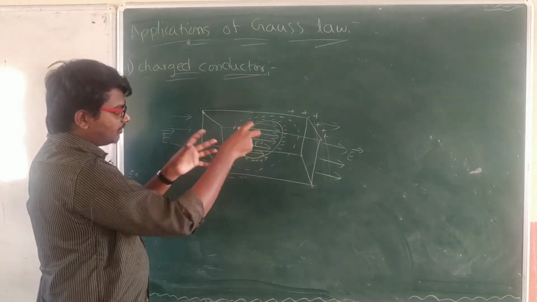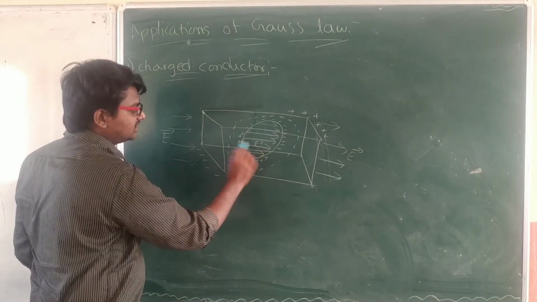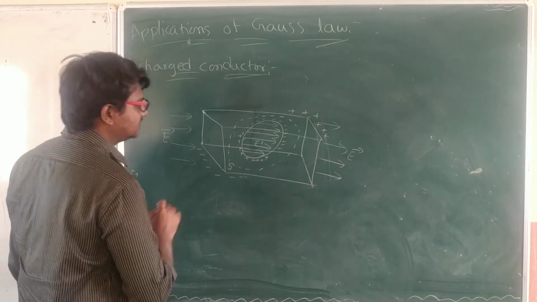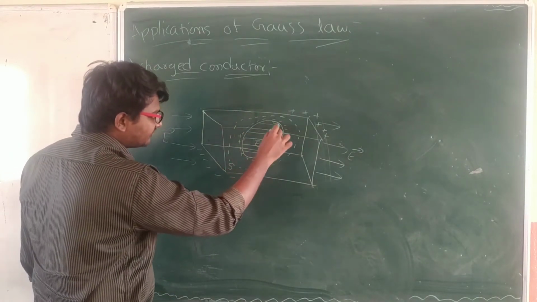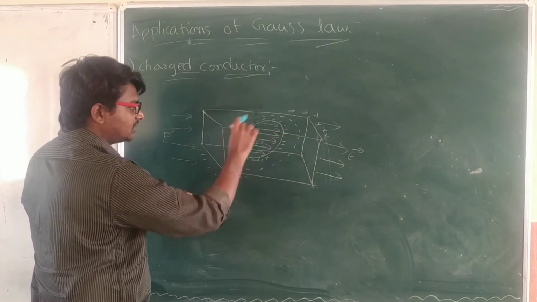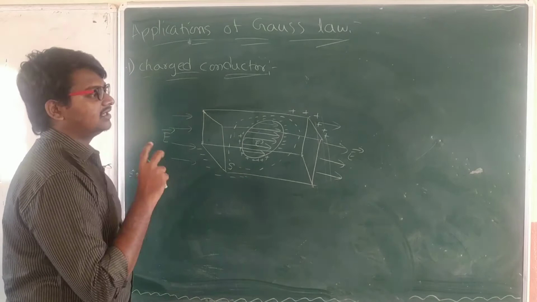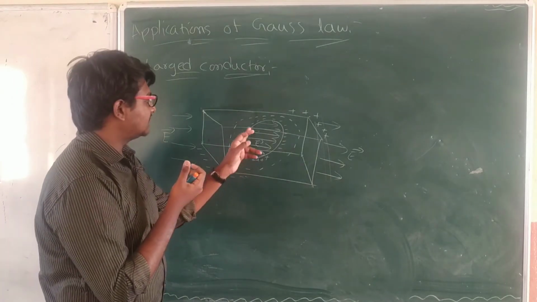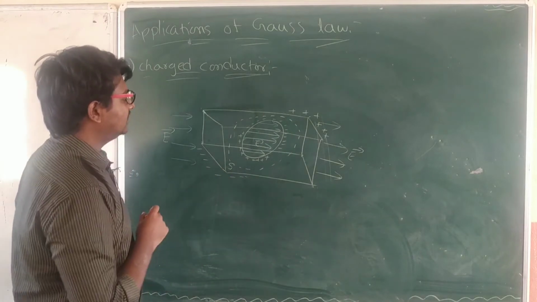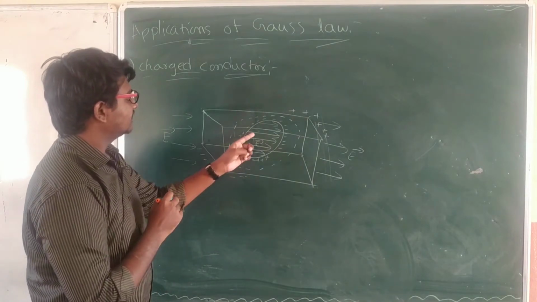This removed part will behave like outside. That's why the electric field will continuously pass inside of the conductor. Inside of the conductor means the whole conductor is like this. Inside there is a small hole, like a gap. I mean we can say this one. Okay, simply a gap.